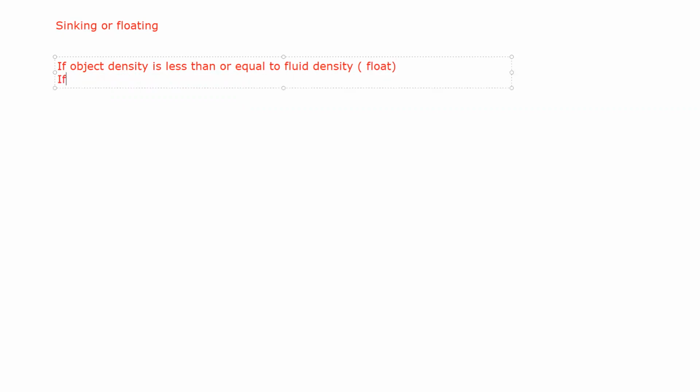And if the object density is more than the fluid density, that object will sink. So using the density, we can identify whether the object will float or it will sink. Example,